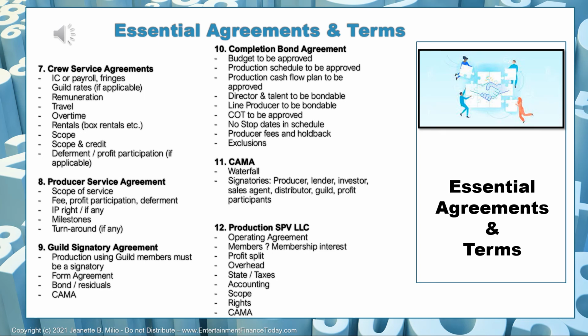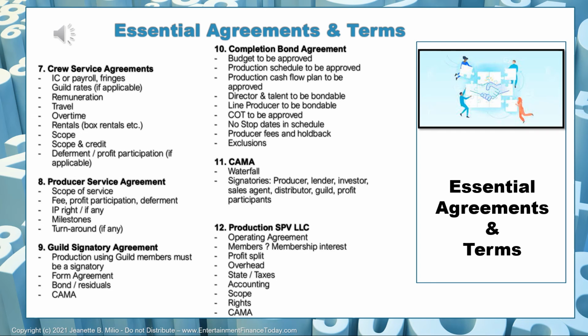They might require a producer fee holdback from you, meaning that some of the fees that are budgeted to be paid to you are going to be held back by them in case you have budget overages, in which case they would use those fees. And they're going to get paid to you once the movie is delivered. And you can talk to them about exclusions. What are some items that you don't need the bond company to insure, which you can then exclude so the bond fee can be reduced.